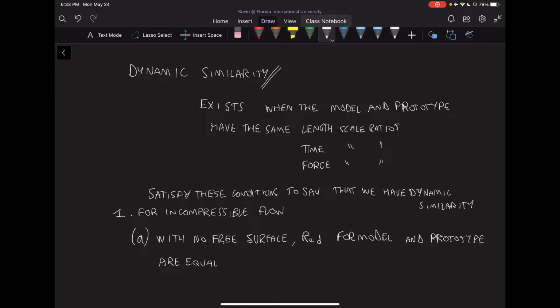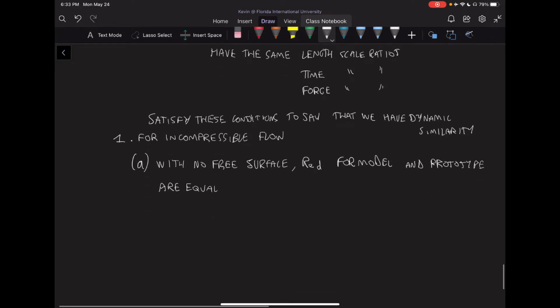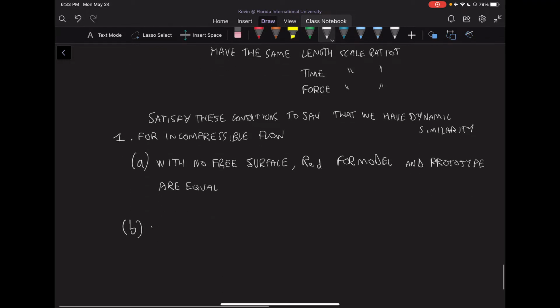So in submerged flow, we have dynamic similarity when the Reynolds numbers for model and prototype are equal. And remember, we also need to satisfy geometric similarity. Our two shapes have to be geometrically similar in order to apply this. Now, if we have a flow with a free surface,